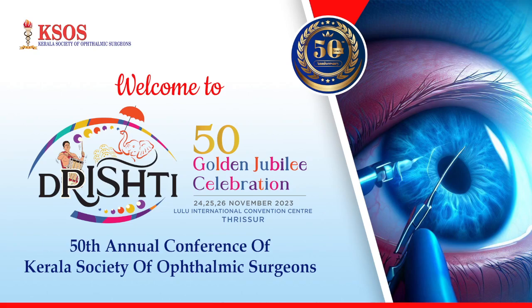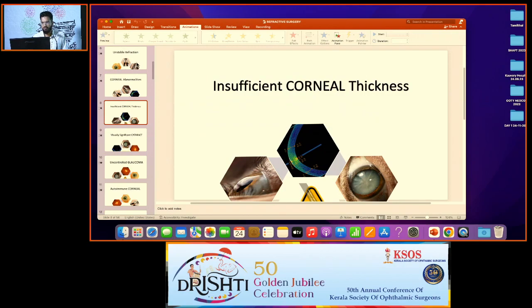Okay, the absolute contraindications would be when you have an unstable refraction, and if you have corneal abnormalities like corneal ectasias, corneal vascularizations or interstitial keratitis, and if the cornea is not adequately thick for the resultant ablation,